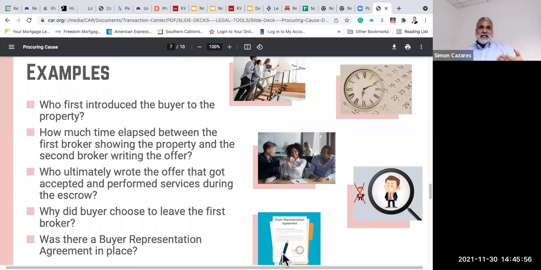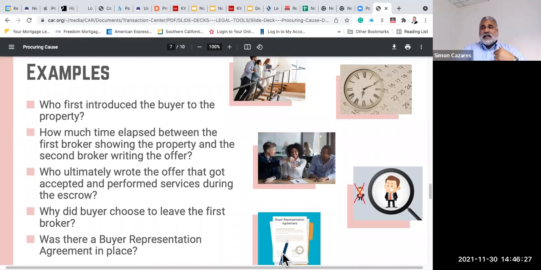Because if you lost that connection with the buyer, you were excited, you got a buyer representation agreement, but that agreement was only for 90 days and that lapses or expires. And on the fourth month, you don't realize that the buyer's representation agreement has expired, and now they go in a different direction. And you're saying, well, wait a minute, I'm entitled to a commission. Well, here's the avenue that I have to disagree.